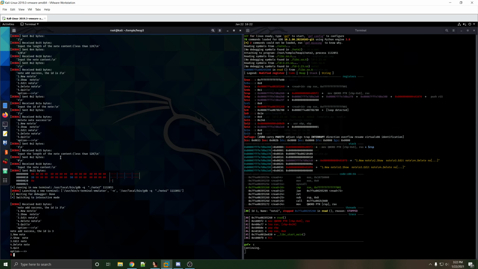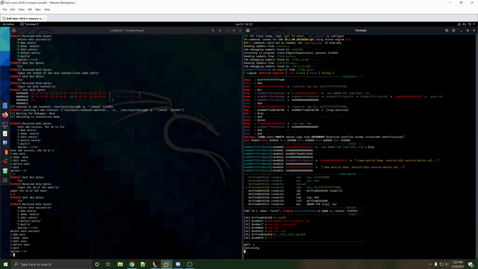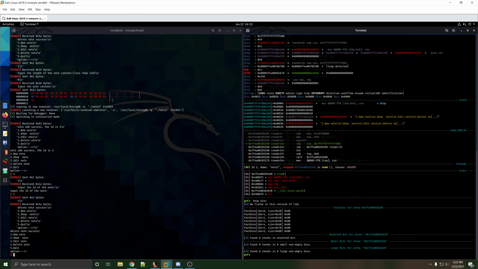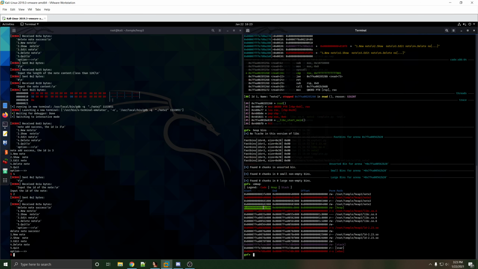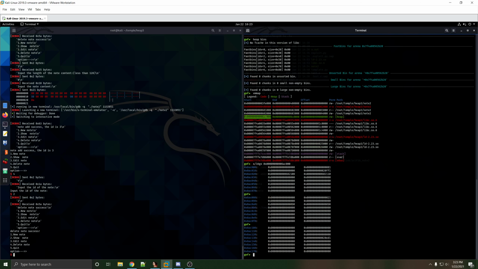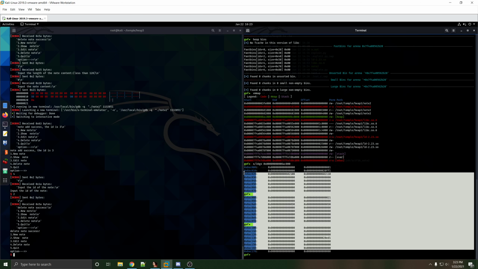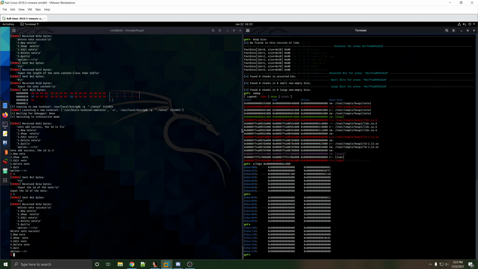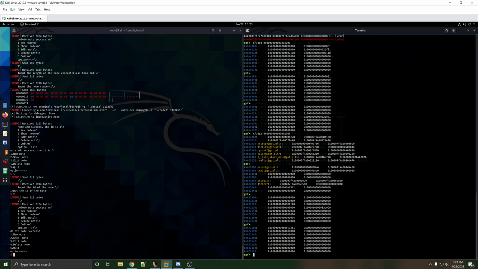So we continue, delete the note, and we check the heap bins. Nothing there, nothing in the unsorted bin. And if we actually check the heap, we can see that the top chunk size is actually up here now. So that means this whole chunk is looking like it's freed. And if we go check out our BSS value, we can see that we got our overwrite that we wanted